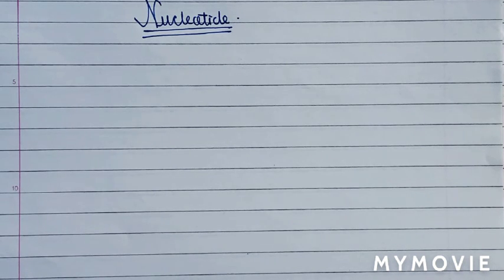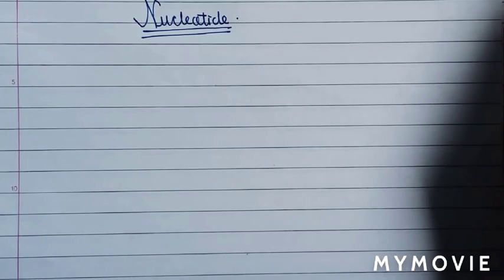In the previous video, we discussed the historical background of DNA as well as the three main components of a nucleotide: pentose sugar, phosphate group, and the nitrogenous bases. Now in this video, we are going to see the nucleotide, or single deoxyribonucleotide, and how these deoxyribonucleotides are arranged to form a polynucleotide chain, as well as the polarity of DNA strands.